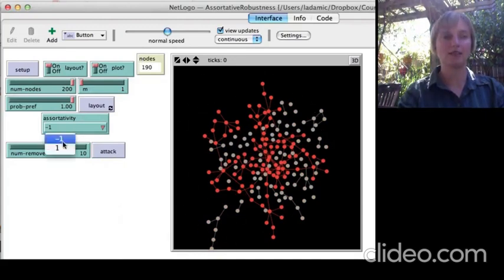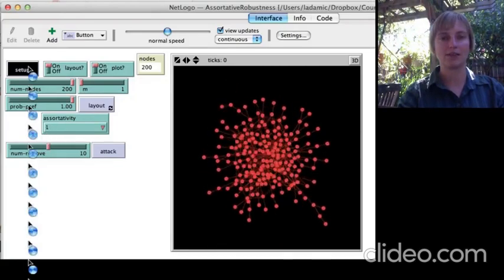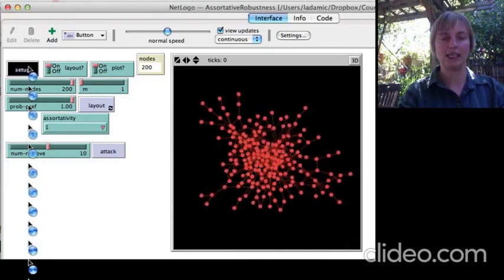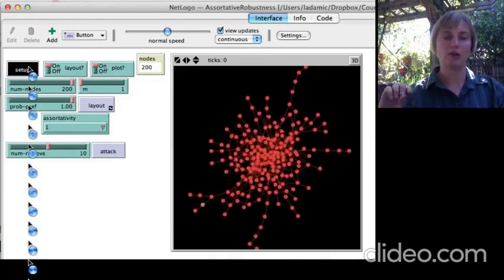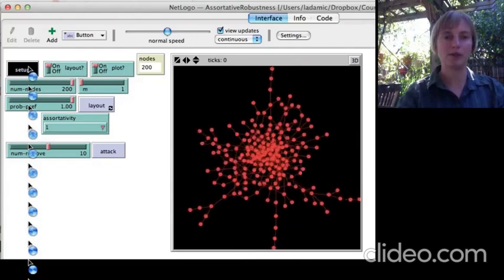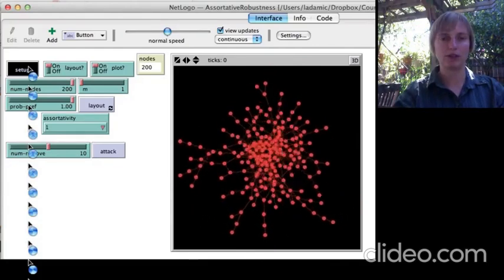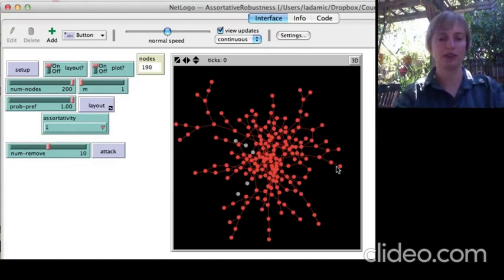Now let's grow an assortative network, and you should see the high degree nodes clumping together and the low degree nodes being pushed out to the periphery. And hopefully it will finish rewiring soon. But definitely you see this dense central core. Now we're going to attack, and we can observe what happens. And here the red nodes are in the giant component. So going back